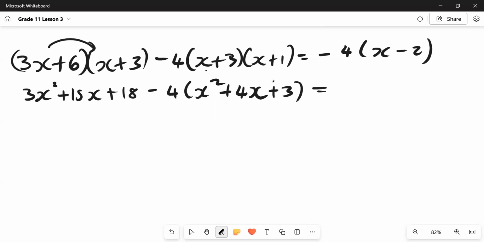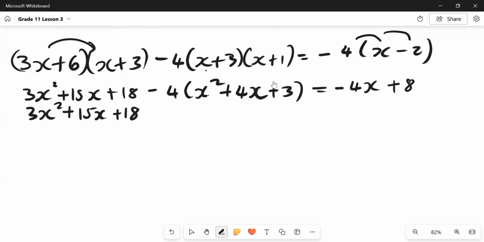And then the distribution law on this side: minus 4x plus 8. Now I have to get rid of the bracket by multiplying with that -4. So when we multiply with the -4, I'll end up with